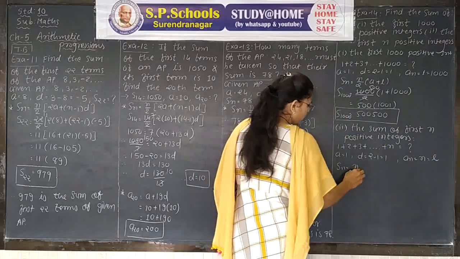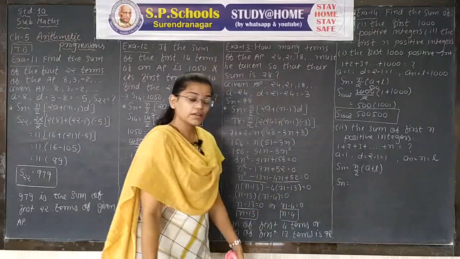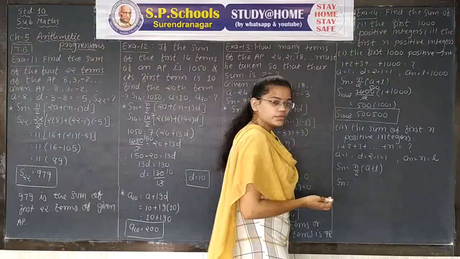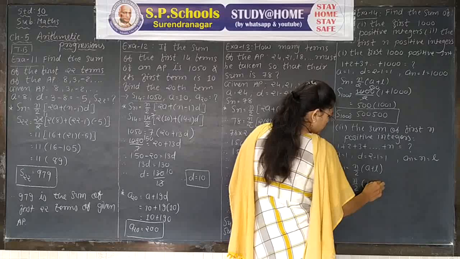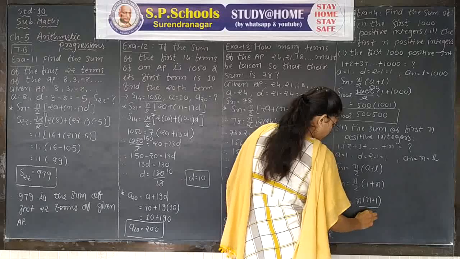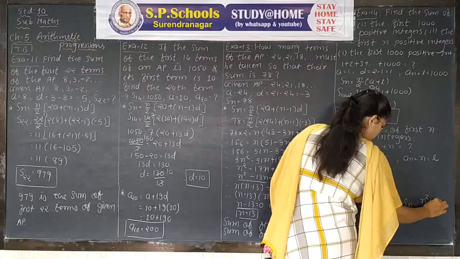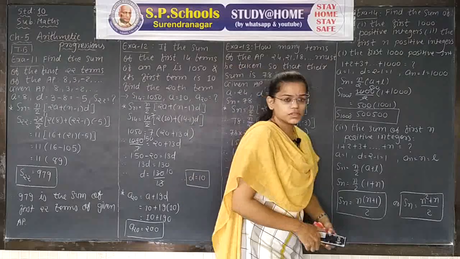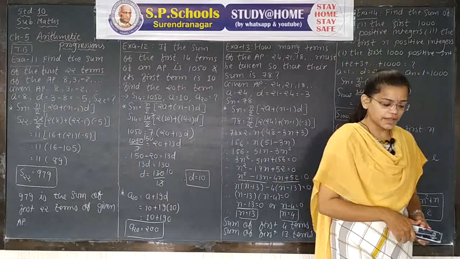Sn is equal to n upon 2 into bracket A plus L. We don't know the value of n, and which is not required because it is the sum of first n positive integers, meaning the sum of first n natural numbers. N upon 2, instead of A, 1, plus L is equal to n. That's why Sn is equal to n into bracket n plus 1 upon 2, or Sn is equal to n square plus n upon 2. It is called the sum of first n positive integers. Here example number 11 to example number 14 is completed. Let's see the next one.